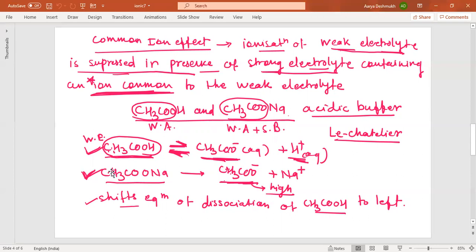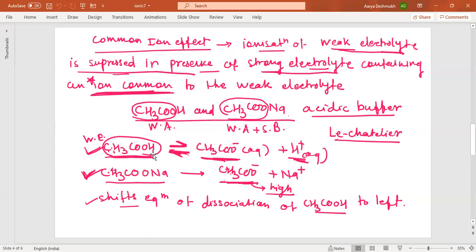So the dissociation of CH3COOH is suppressed by the presence of this acetate ion in both the cases. Remember, this is a strong electrolyte, so it dissociates completely, which produces acetate ion. This is a weak acid, producing again acetate ion plus H plus ion. But this ionization of acetic acid is suppressed by the presence of the acetate ion from this salt. And the reaction which is expected to proceed in the forward direction